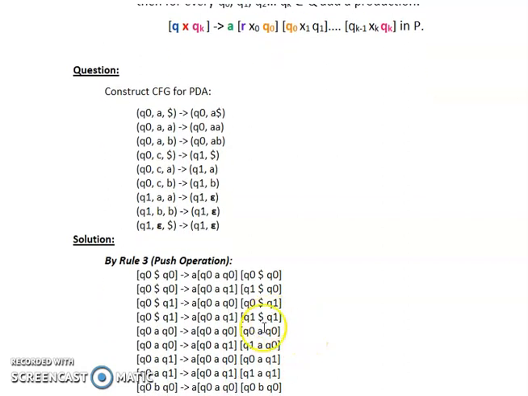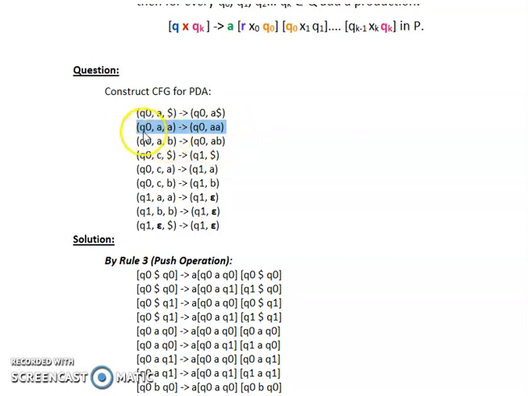So from here we are clear that at least four cases are possible if we have two symbols in our stack. So for every symbol, if we are having two symbols in our stack and there are two states, then the minimum possible production rules are 4. Now similarly, just like this, we are going to perform the transitions which are provided over here for the pushdown automata.